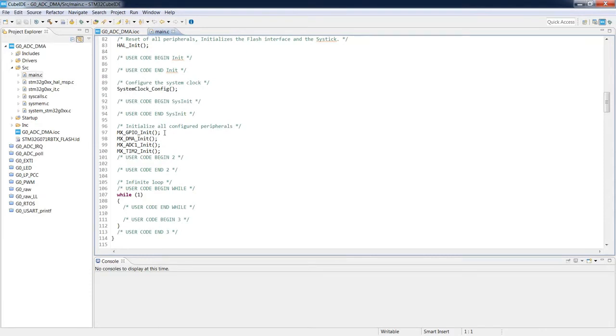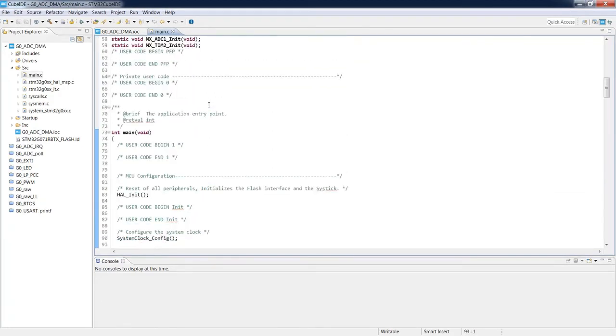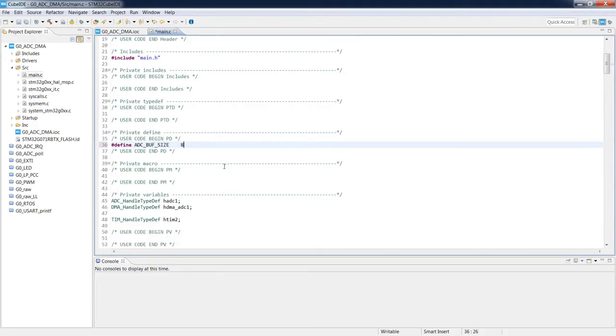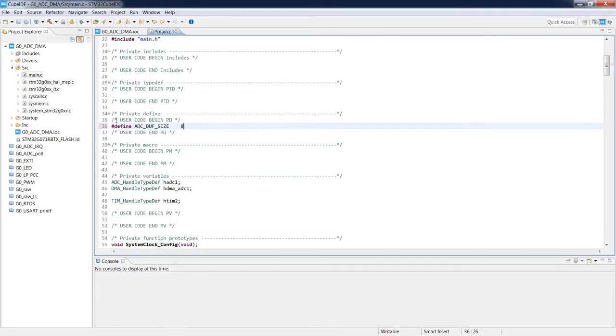So let's do it step by step. Let's start from the definition of the buffer we will use to store the ADC data. The first thing would be the definition of its maximum size. So I would call it ADC_BUFF_SIZE, and I would set it to 8. Please have a look that I'm putting the code within the user code sections, just to be sure that after the code regeneration from the device configuration, my code would not be deleted.